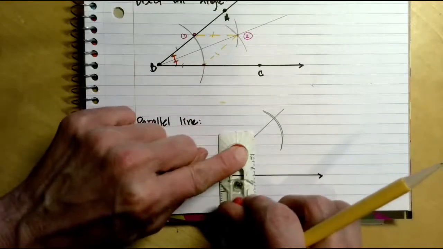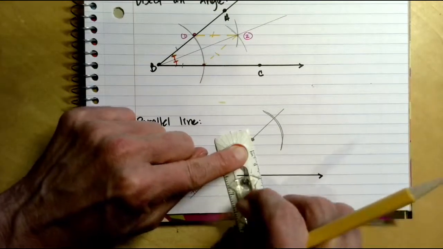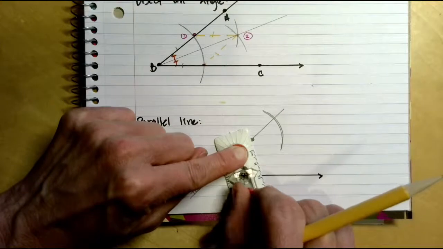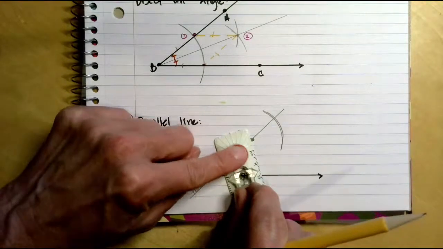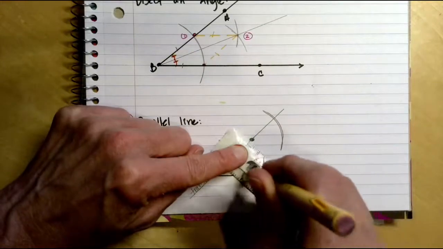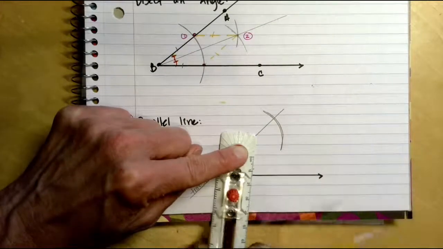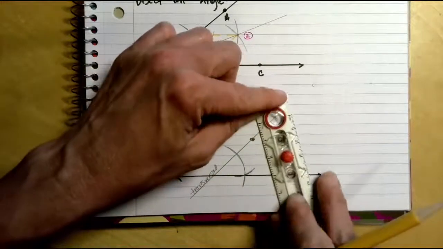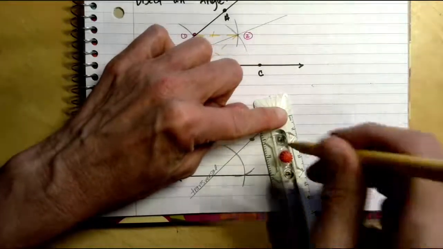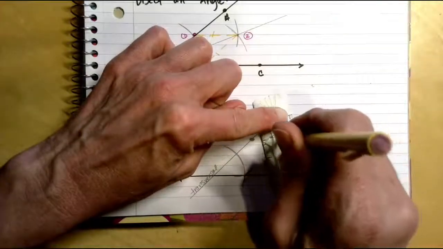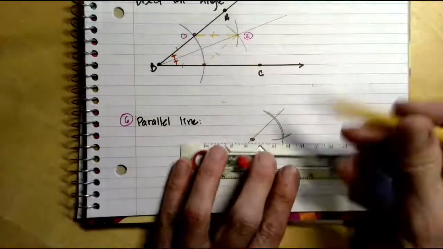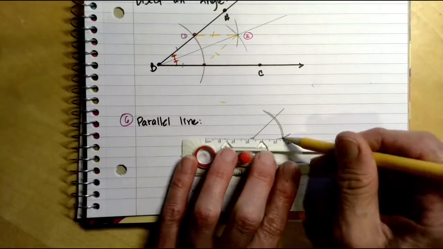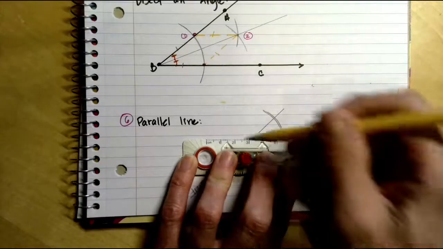So what is the distance from this intersection to this other side of the angle? There it is. From this intersection here to this part of the angle, there it is. And then we can just connect those points,